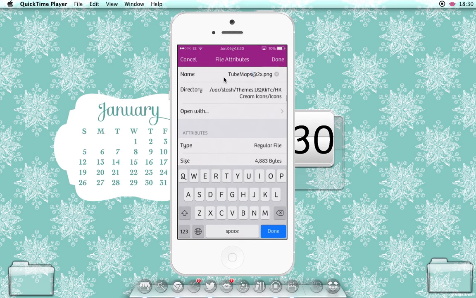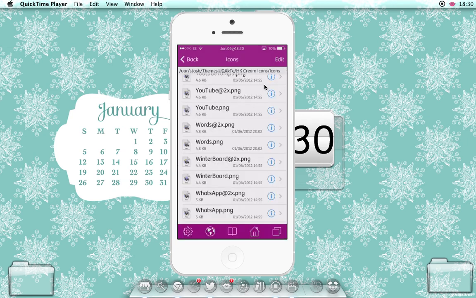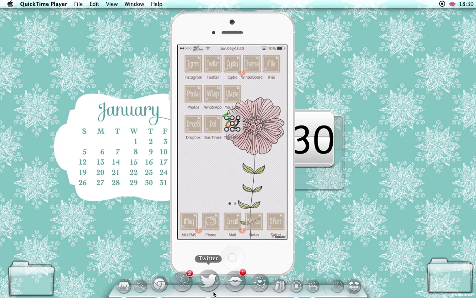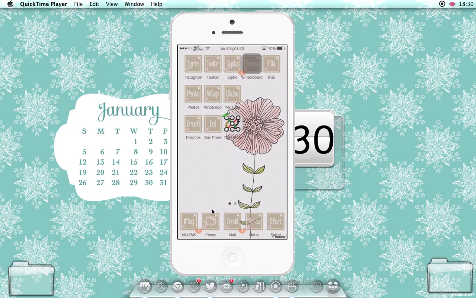But I'm not going to do that one because, as you guys can see, I'm using a theme where there's words on the icon, so it wouldn't make sense to use another app. So I'm going to choose this little Hello Kitty picture here, which is the phone. And if you do want to do that,